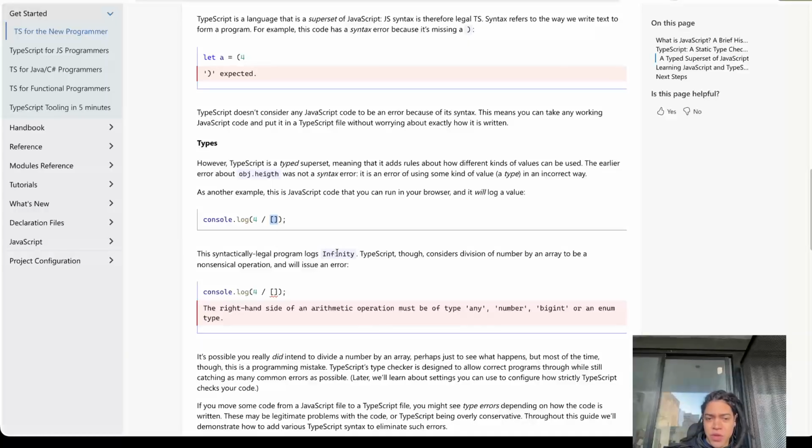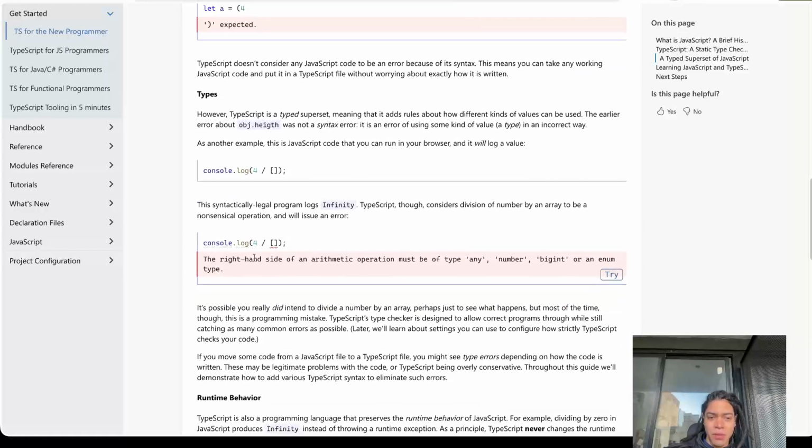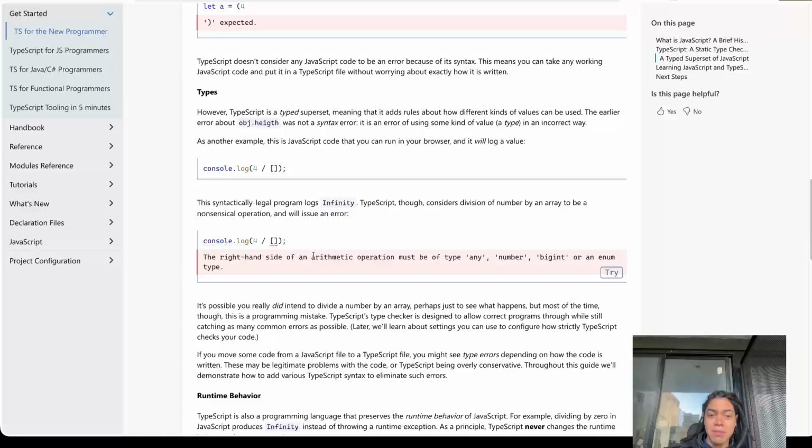So this is why you get this Infinity value here. So TypeScript considers division of a number by an array to be a nonsensical operation, and will give us an error. The right-hand side of an arithmetic operation must be